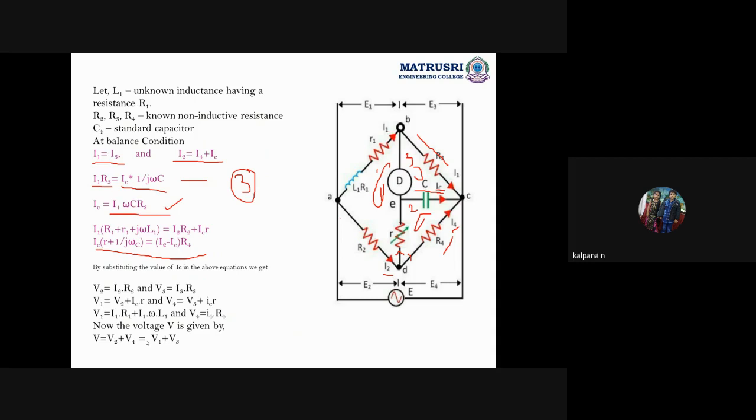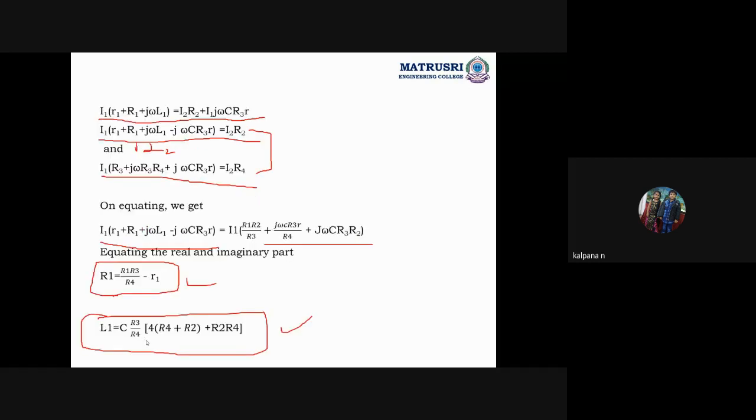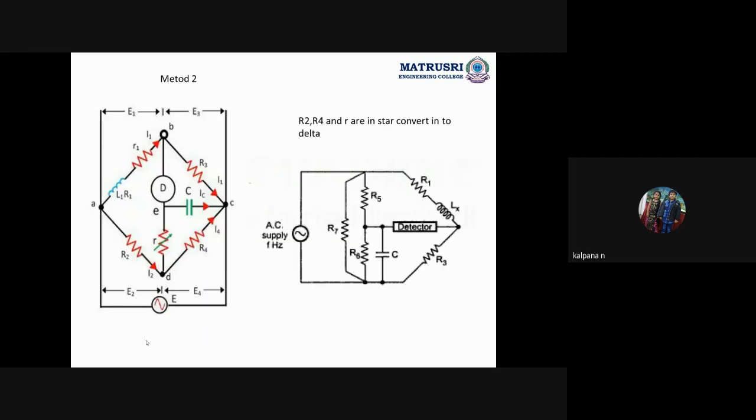Okay, and one more is also there. This is one of the methods, and another method is also there. This method is very easy. This is the second method to find the balance equations. So what is the second method to find the balance equation? First method is clear. Give response. Yes, ma'am. This is second method. You can do any one of the methods.